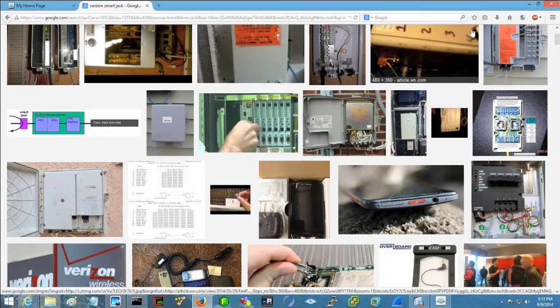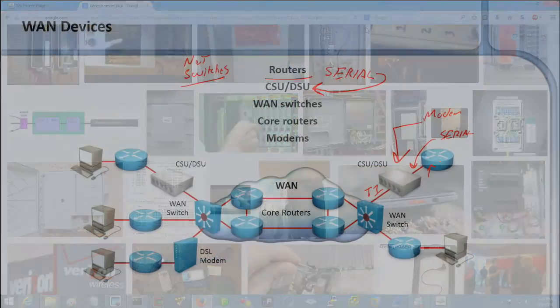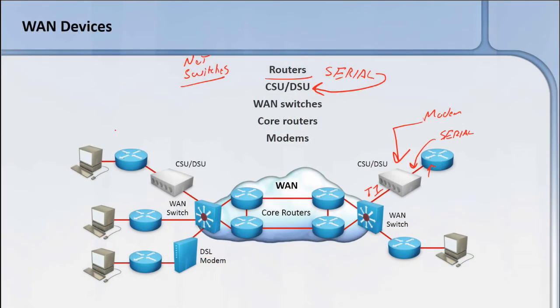So just to show you a quick review of that, you've got Ethernet on one side of the router, you've got serial connection on the other. So the router would need a serial interface. The DSU CSU has got a network cable, and this could just be a traditional copper pair.